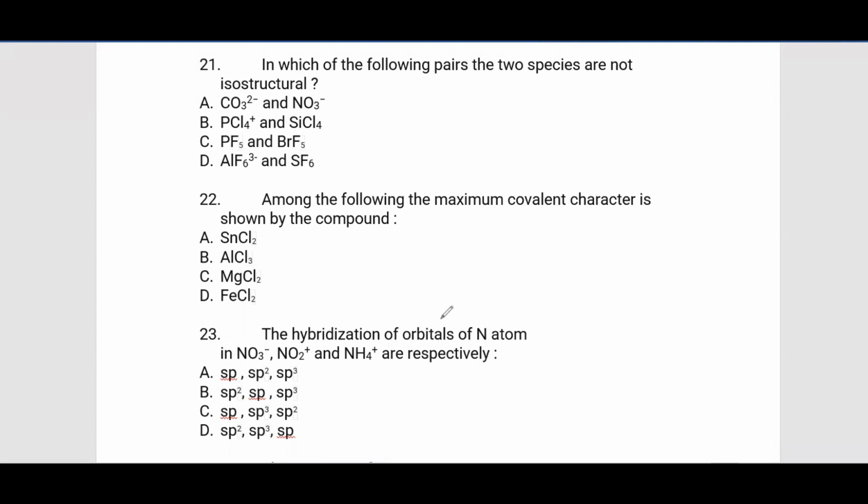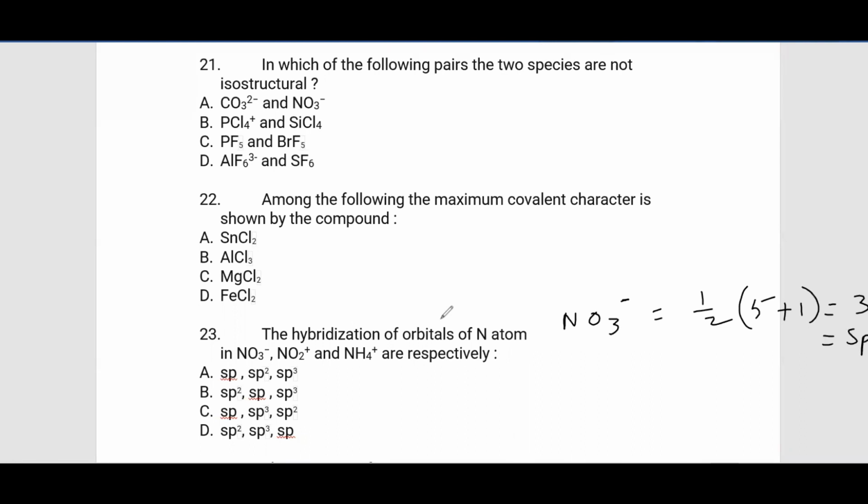Next question, the hybridization of orbitals of nitrogen atom in nitrate ion, NO2+ ion and ammonium ion are respectively. To know the hybridizations, we need to calculate the steric number. How do we calculate the steric number? Write the formula. So half into number of valence electrons of nitrogen is 5, there are no monovalent atoms, and one anionic charge is there. So add 1 and it would be 6 by 2, that is 3, and if it is 3, it is